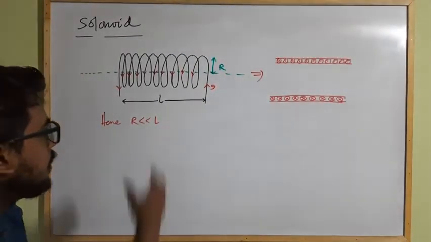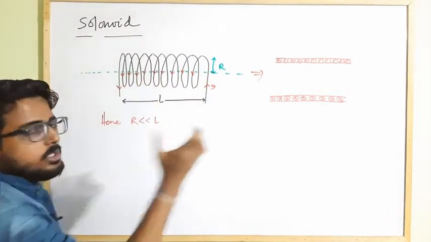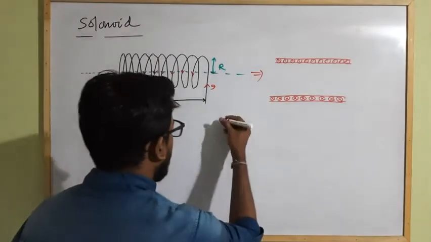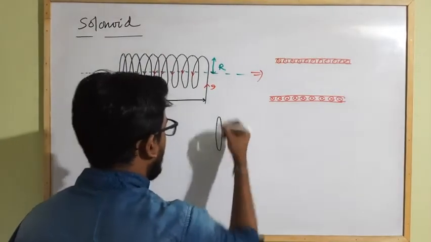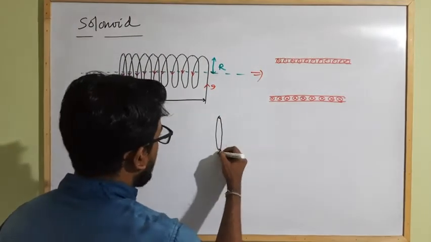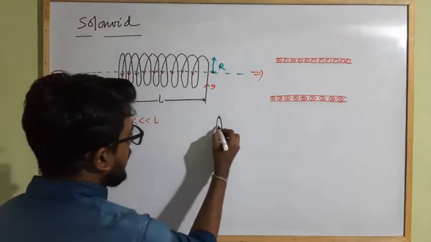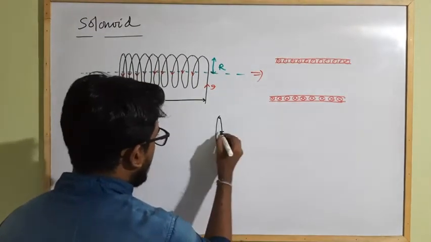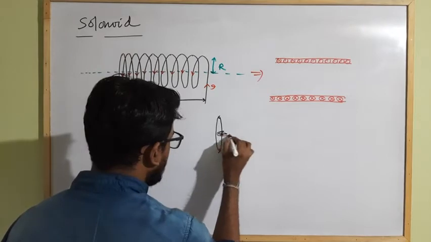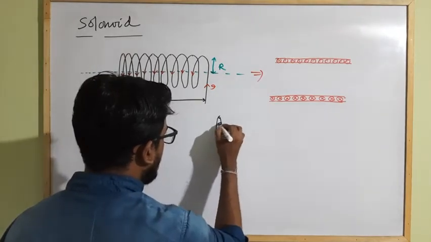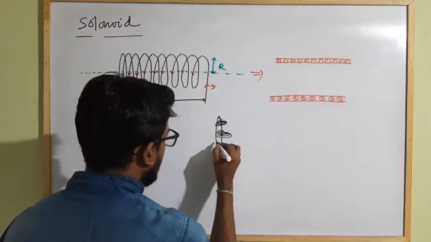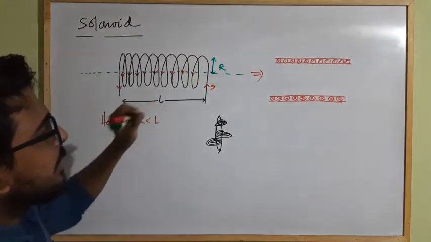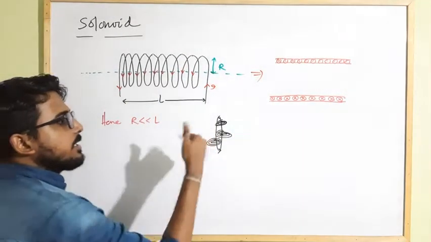Clear? So these are a large number of turns which are closely wrapped to each other. So just considering one coil like this, as the current is flowing along this direction, the magnetic field will be at each and every segment. If I consider this much of the current carrying conductor, the magnetic fields are concentric circles like this. Here also the magnetic fields are concentric circles. Here the magnetic fields are concentric circles like this. So all the current carrying conductors have magnetic fields like concentric circles.